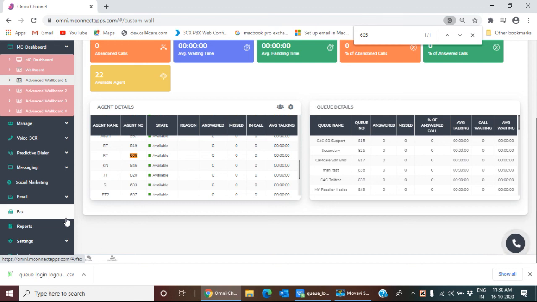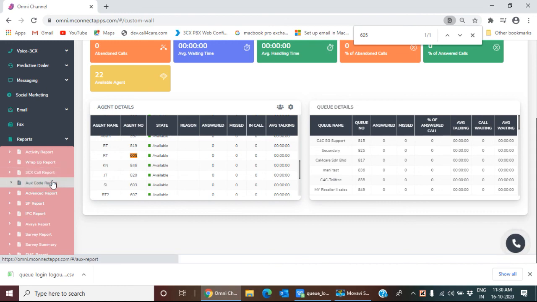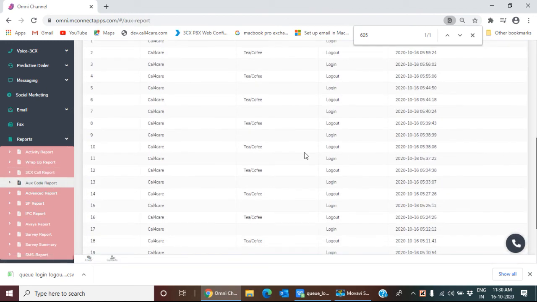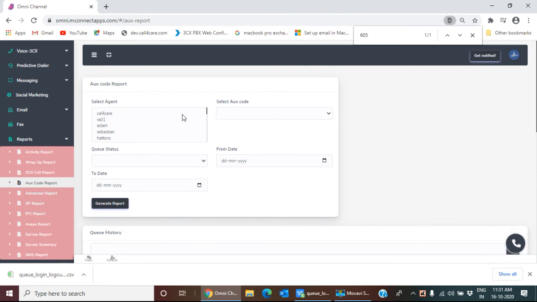If the manager wants, he can also create a report. So for that, he has to click on reports and then click on aux code report. He can have a quick view of the agents, their logged in status, whether the agent is in logged in status or logged out status. If he has logged out, the reason, the day, the time, and all this can be generated as a report also.